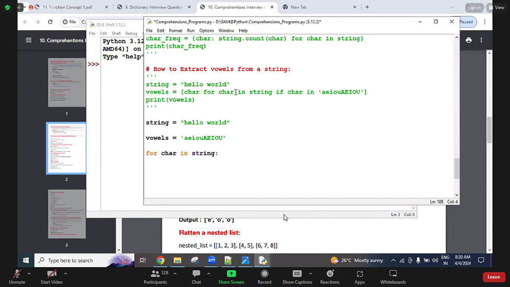This for loop we are writing: for char in string. From this string, each character is taken. Now I want to check whether this character is available in this vowels or not. That is this one. So if char in, instead of writing the vowels directly, I used one variable here, so that variable I will use. So if this character is available in this vowels,